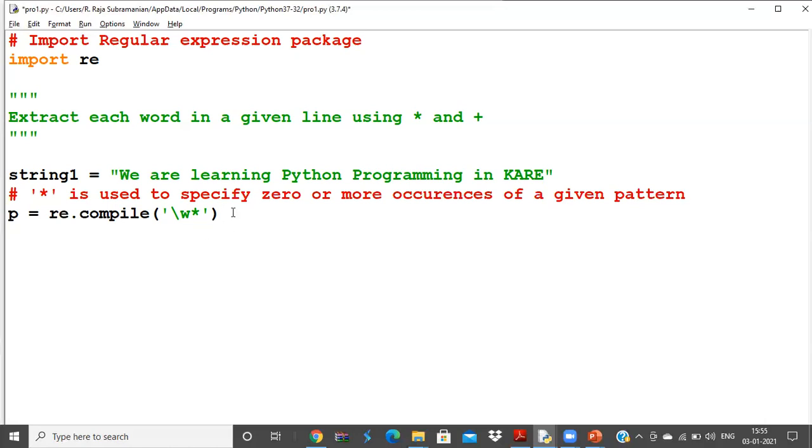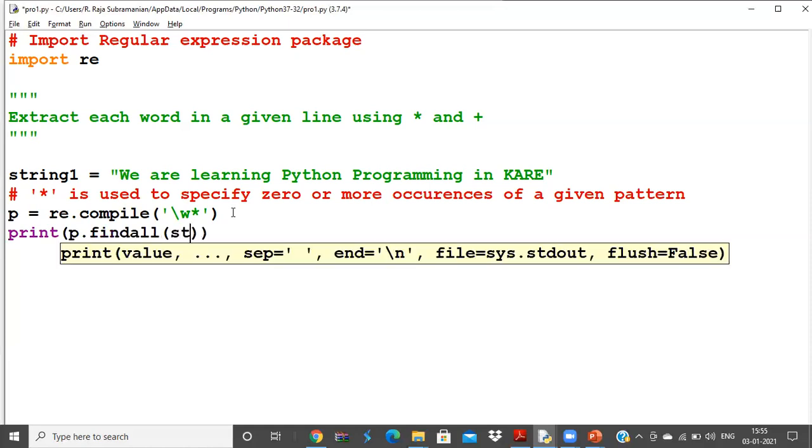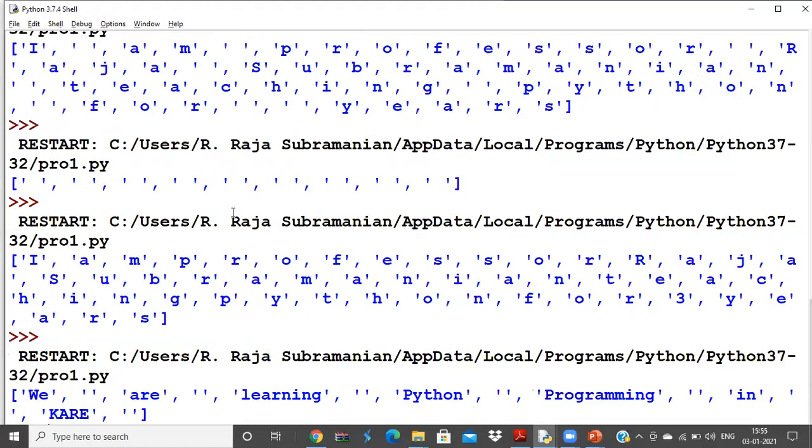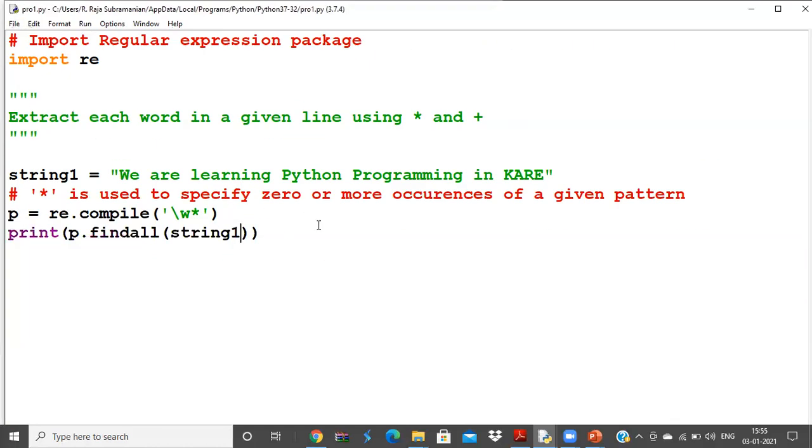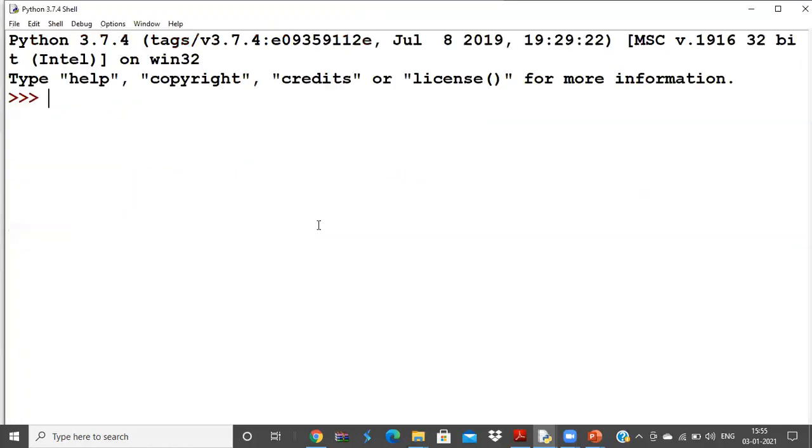Now I'll print this and let you know how this actually works. Print p.findall of string1. Let's execute this and see how \w star is going to work. I'll close this compiler and create a new interpreter so that the output becomes very clear.